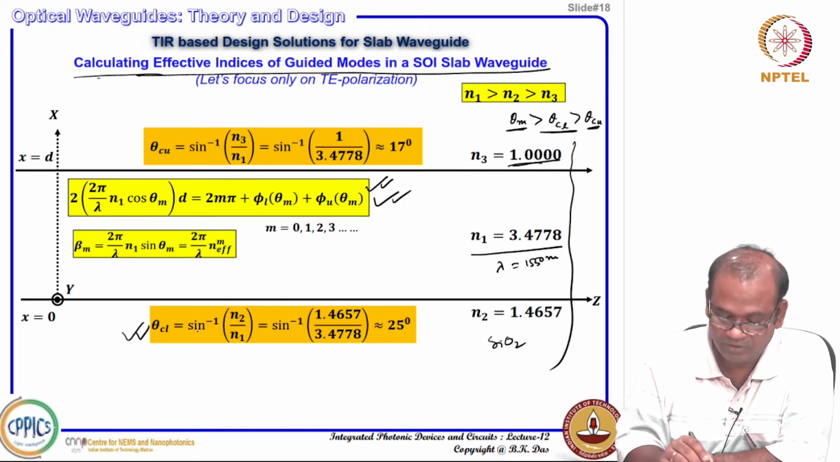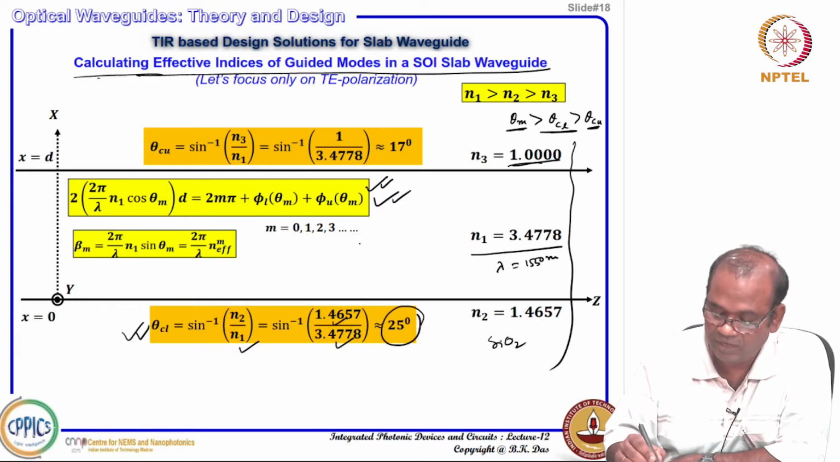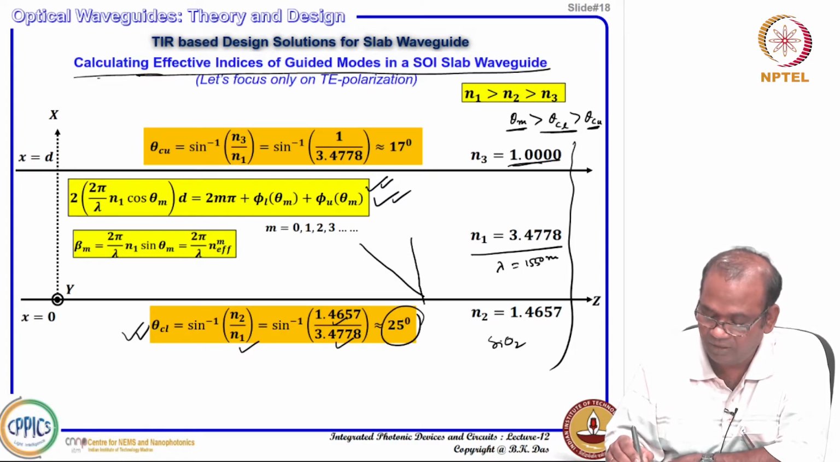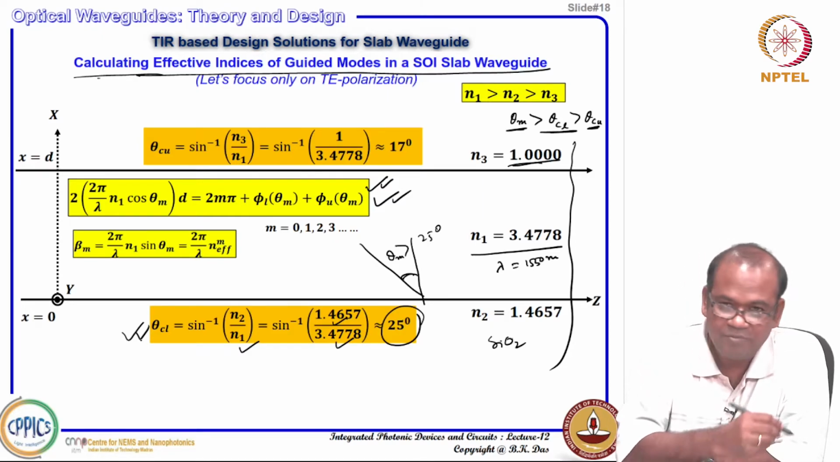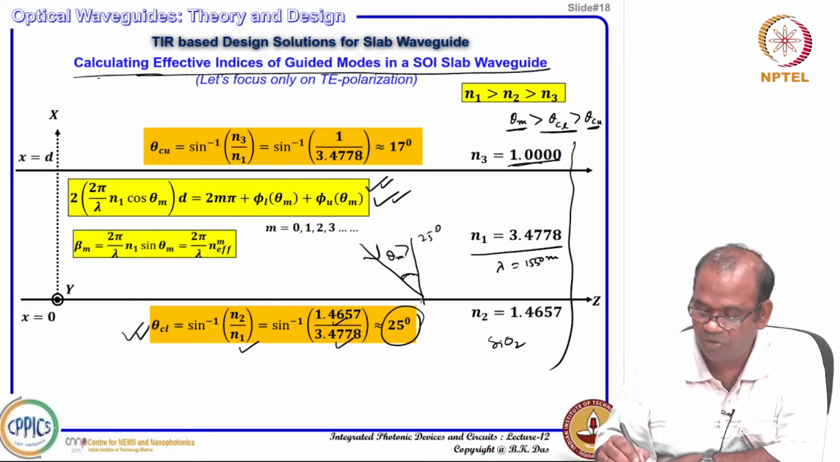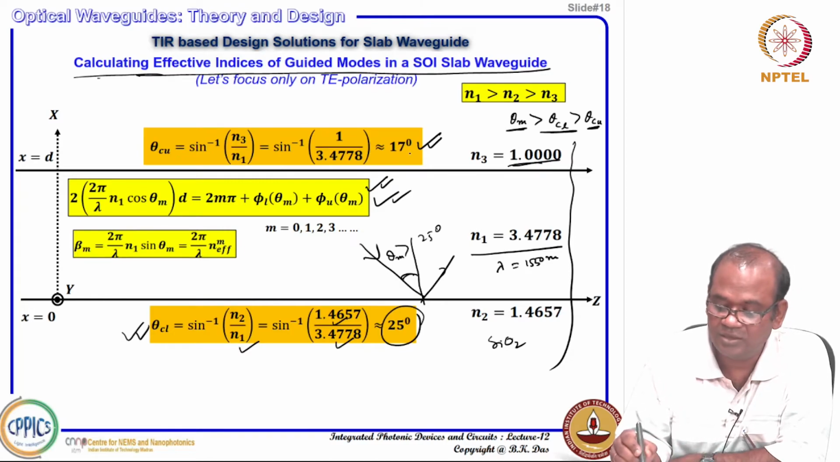for the lower interface: sin inverse of N2 by N1. N2 I put here, N1 I put here, then I get 25 degree. So, that means if it is coming at this angle theta m, that theta m should be greater than 25 degree, or greater than theta CL. So, whatever angle it is coming at to go for total internal reflection, that angle should be greater than 25 degree. In the upper interface, the same thing, you calculate the critical angle, it is 17 degree